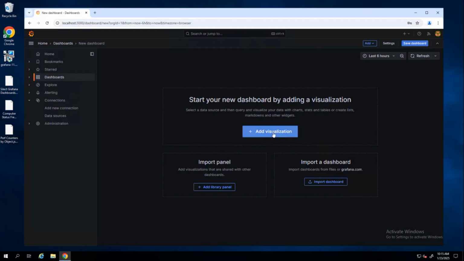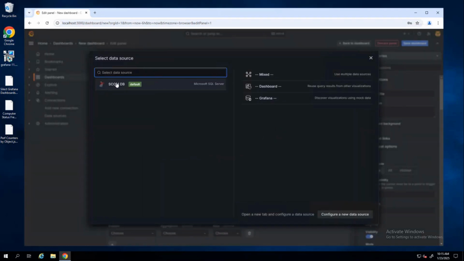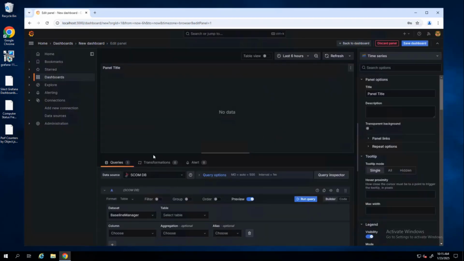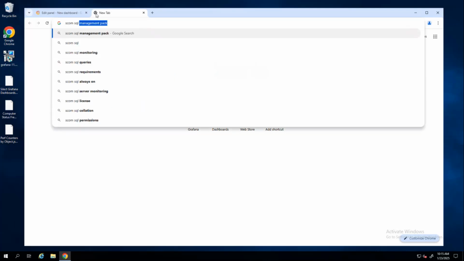I'm going to add a visualization. And now, because this is a SQL data source, it'll be prompting me for the SQL query to use to help me build my visualization. Now, I am by no means a SQL guy, so I'm just going to Google